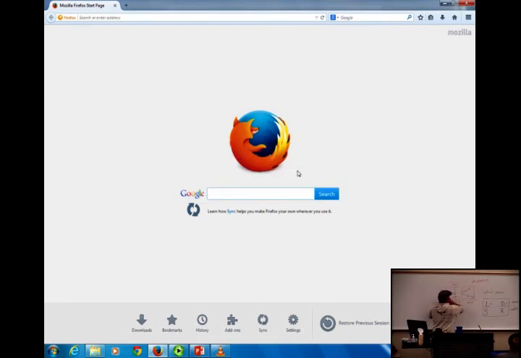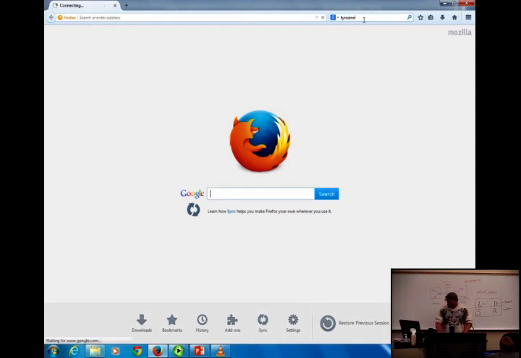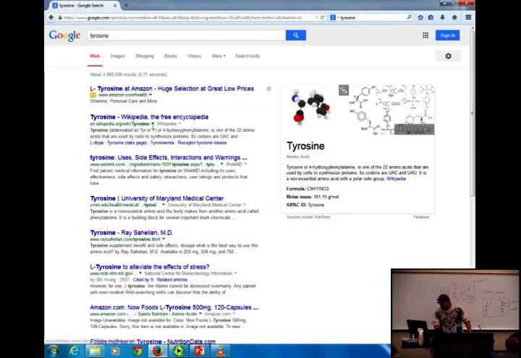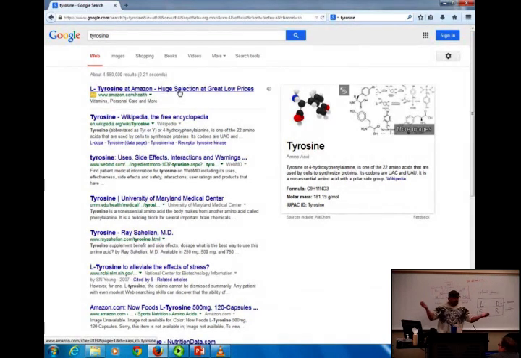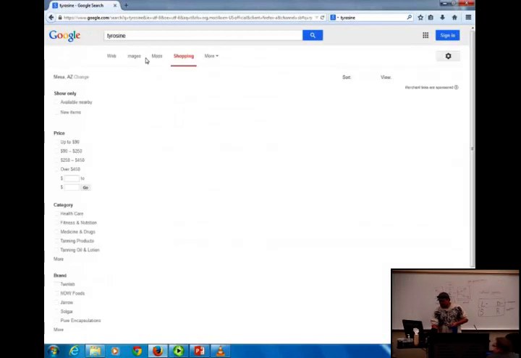So it has to do with the rotation of the bond, and I don't really care that you know that. I don't want to get too deep into this, right? I just want you guys to know that there's a left and a right-handed form, and that's important. So if we look at the amino acid tyrosine, what are they selling at Amazon? Which form? What does it say in front of it? L, right? In fact, if we went shopping,